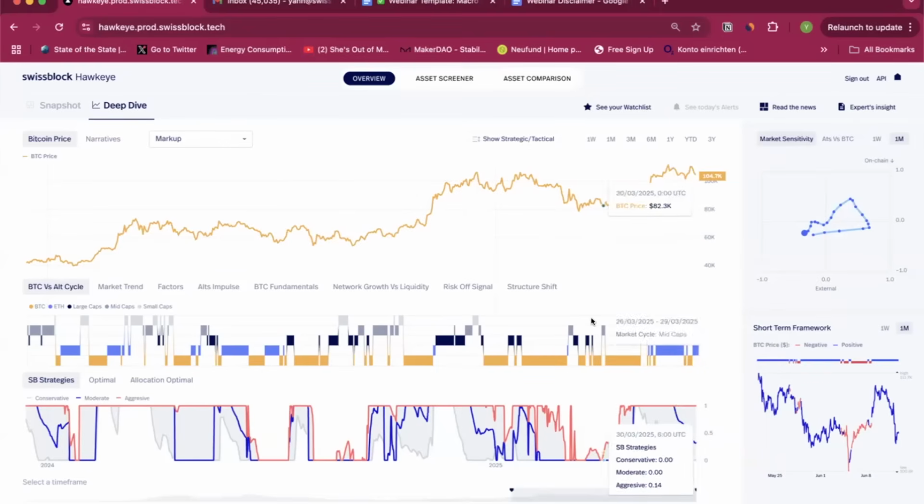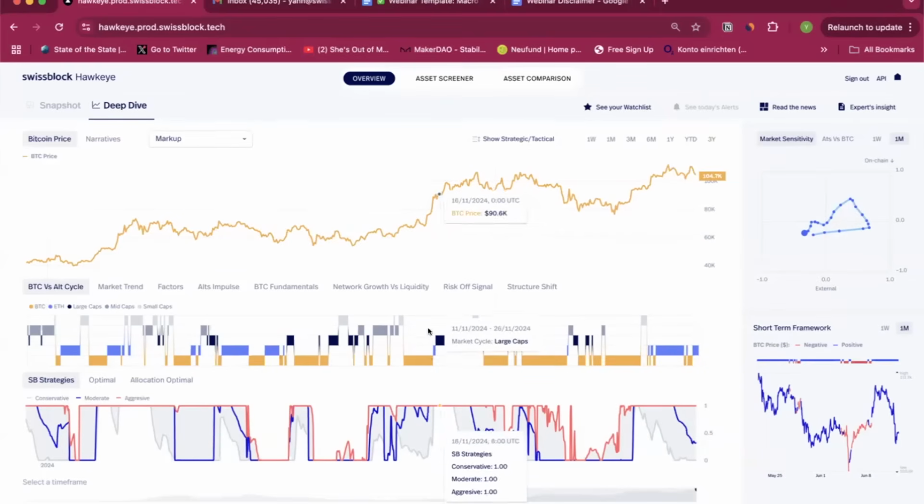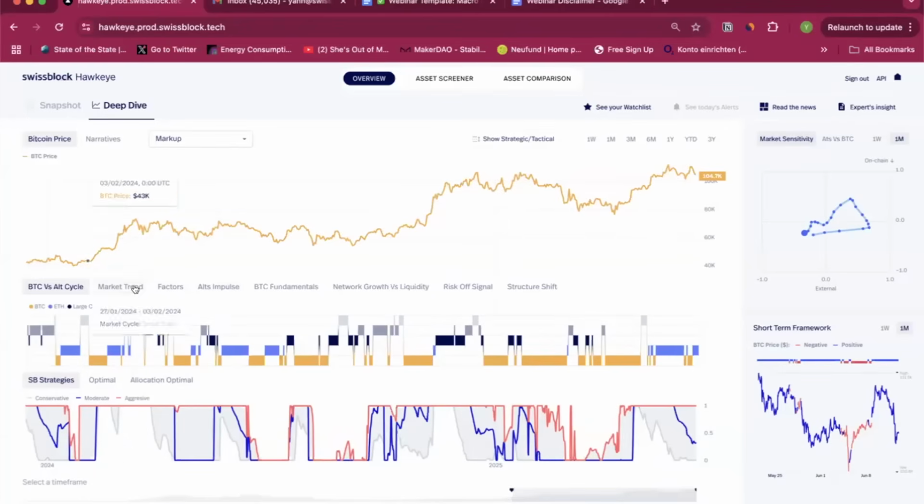The last time that we really had that was to some extent in November of last year, but predominantly very strong in February and March of the beginning of 2024. That was the last time we really had an idiosyncratic move away from Bitcoin, as Bitcoin still was strong. We had a distribution of liquidity into Ethereum and eventually we actually had an alt season. We're in a similar type of situation right now.